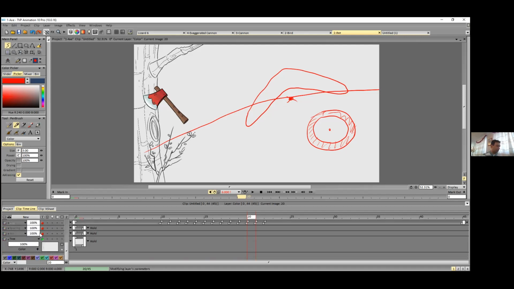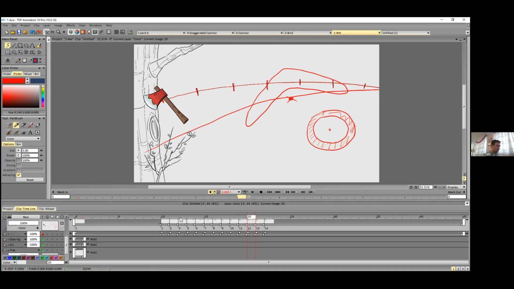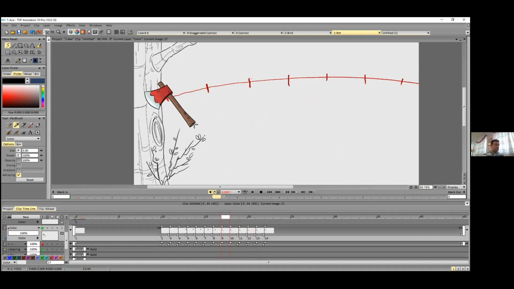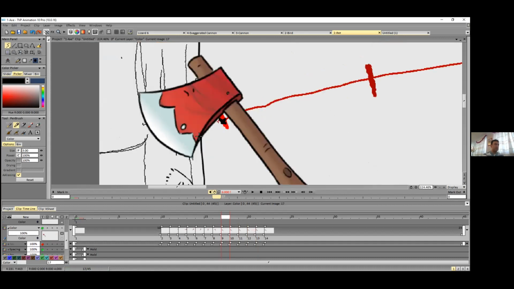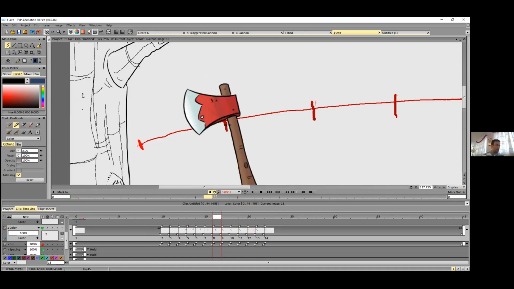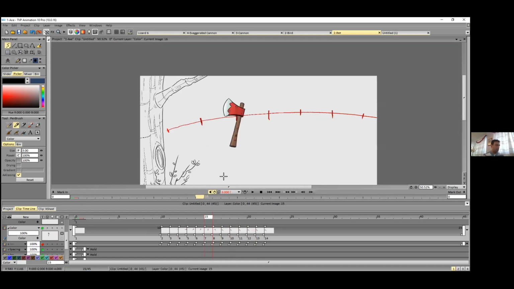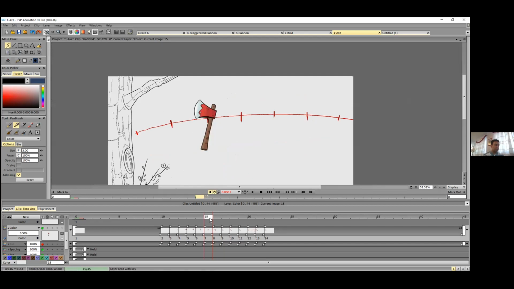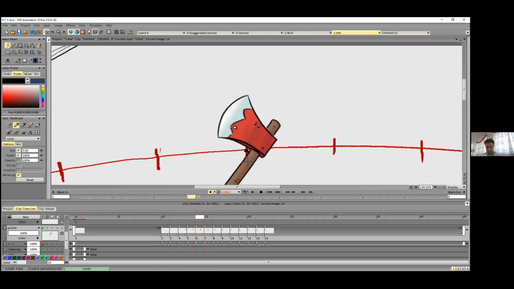Here the center of mass is, I suppose, somewhere here, and this point moves on the arc.